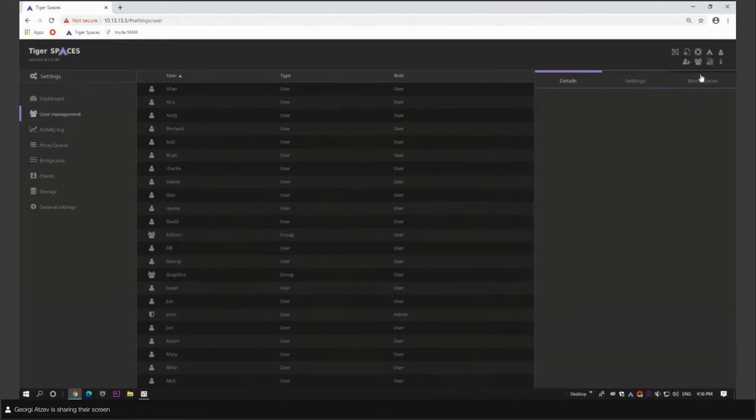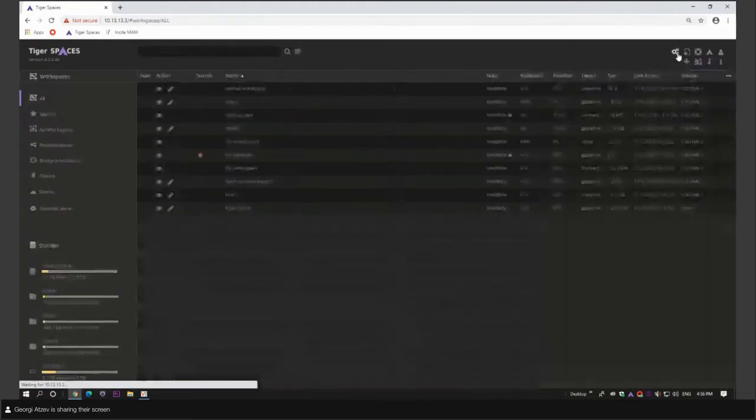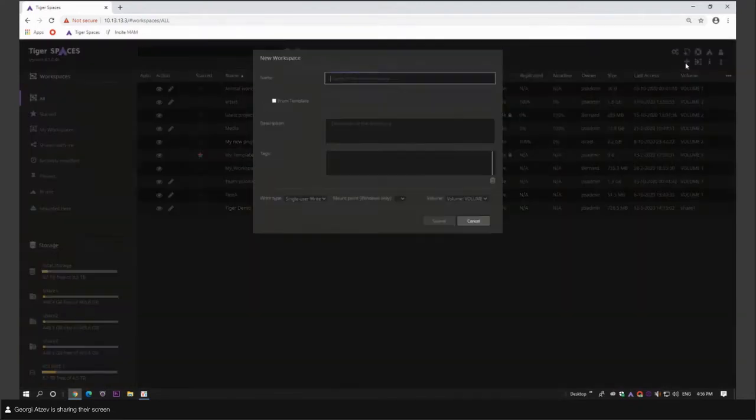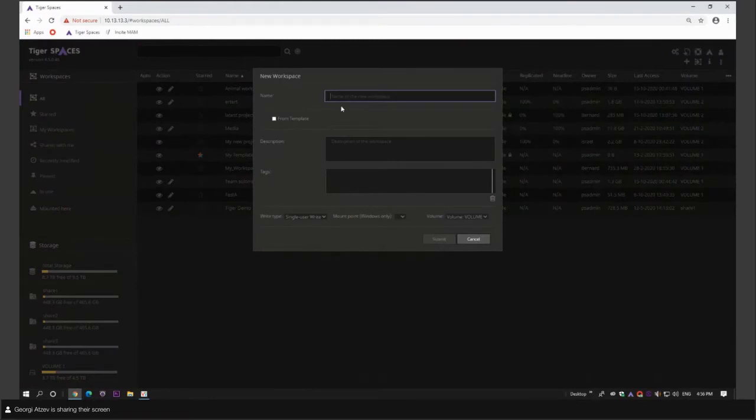Next step for the admin would be to create workspaces and share these workspaces to other users. As you can see, the admin can see plenty of workspaces, and it's pretty easy to create a new workspace. Just click on the plus button, which is for create new workspace. Let's call it